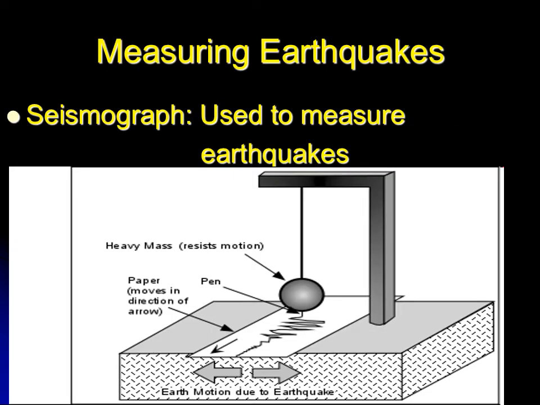Now, we use something called a seismograph to measure earthquakes. Basically, it's a machine that has a heavy mass that resists motion when the earthquake hits. You see at the bottom, earth motion due to earthquakes is either going to go left or right, west or east. That pen is going to scribble different directions, different size arrows, and it moves in the direction of the arrow. That's going to tell scientists how close those waves are occurring, what the wavelength is. And if it's occurring really fast, then it means it's